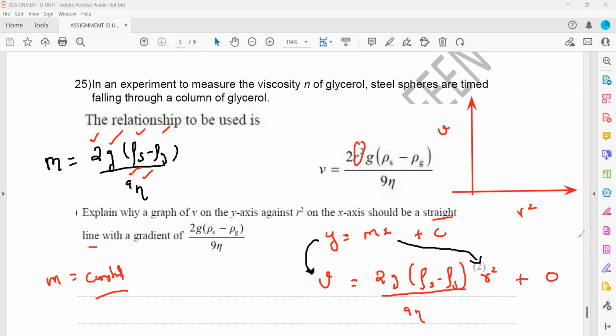And there is no y-intercept. You can see nothing is added in this equation. So there is no y-intercept, or the y-intercept is equal to 0. So when we plot a graph between v and r squared, it will always be a straight line starting from the origin. So the simple rule to solve such questions is that the quantity which you plot on the y-axis